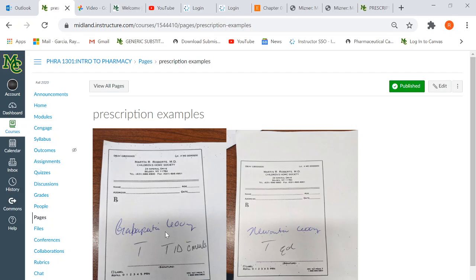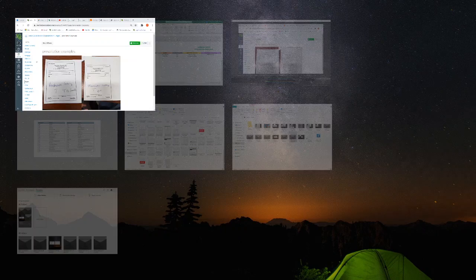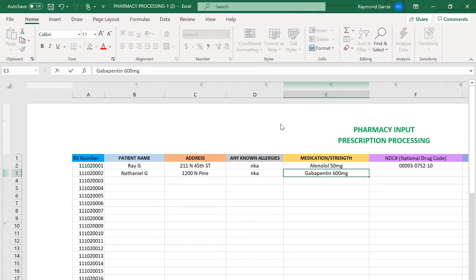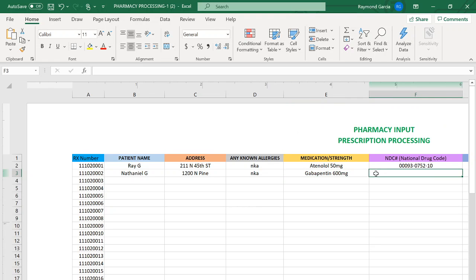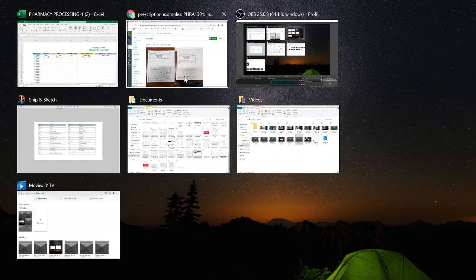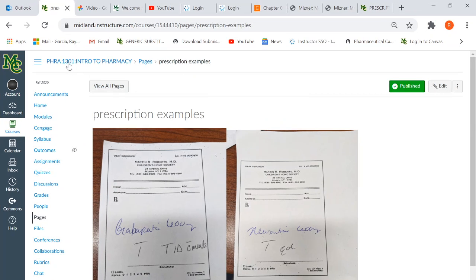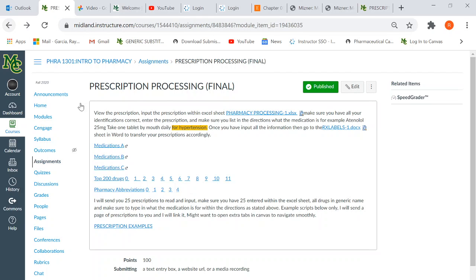So it's gabapentin 600, 3 times a day with meals. So we'll go back to your Excel sheet. Oh, let's not forget the NDC number, which you will be able to look up. Let's go back here. And it's these medications right here are videos of the medications and the NDC numbers that I have here at